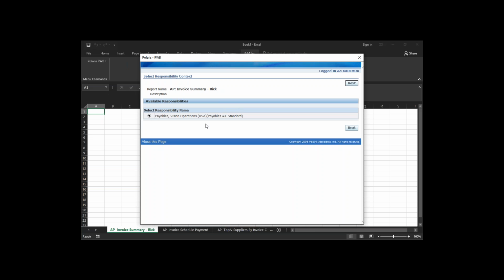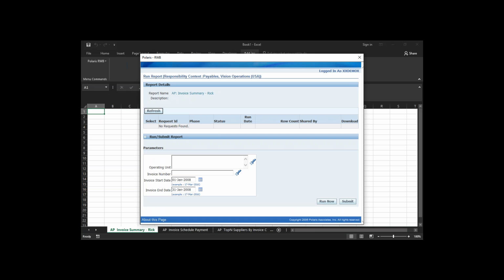So this is pretty cool because you can go into Excel or RWB and, as a one-time effort, export several reports to Excel using Excel Publisher, and then save that locally or in the cloud or on your hard drive or email it or whatever you want to do with it, and still be able to maintain this EBS security. So when we go to refresh this data, it's going to ask us for our responsibility context, and then we click on next, and then we get a similar screen to what we've seen now a couple of times,